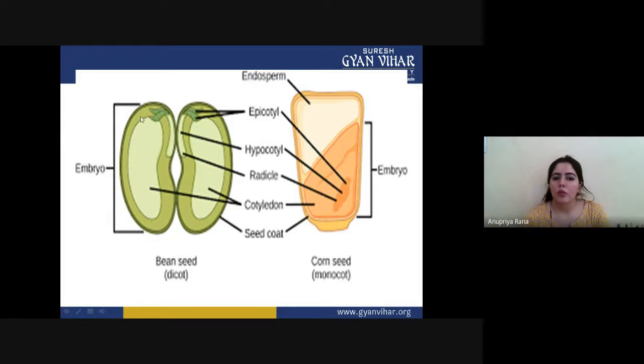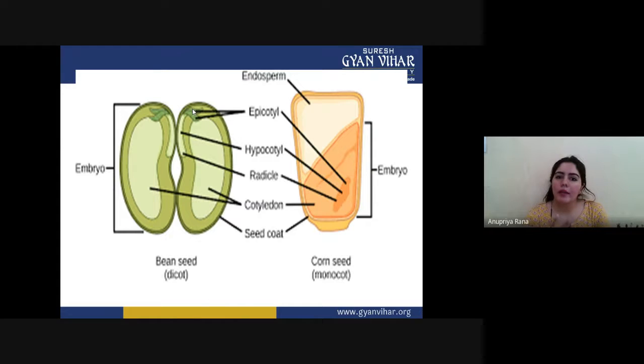Here are the two cotyledons which are present, and the middle one is called the axis. These are the cotyledons. Below the axis is the radicle, which is going to convert into the root. And this portion with the leafy appearance is called the plumule or epicotyl. These are the same thing, so don't get confused between plumule and epicotyl.